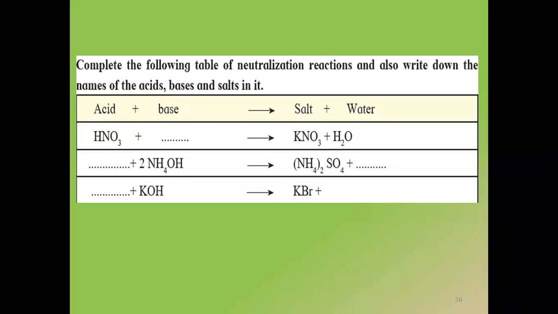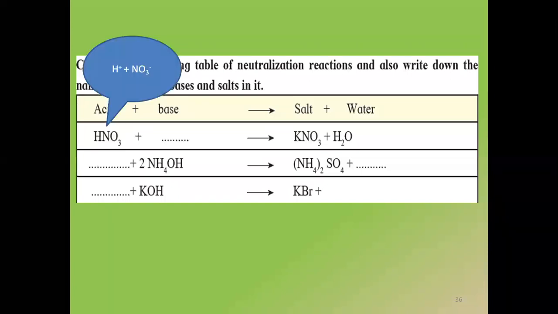What is the easiest technique which I used to feel when I was a student to do it? I used to see HNO3 में क्या present है? H plus and NO3 minus. I want everybody to look at the slide now. I don't want your answers, nothing. I want everybody to concentrate on the slide because first वाला easy है. Next वाला आंसर करने के लिए तुमको कॉन्सेप्ट समझना पड़ेगा. All right. So look at the PowerPoint, everyone. HNO3 means which ions are present? H plus and NO3 minus.